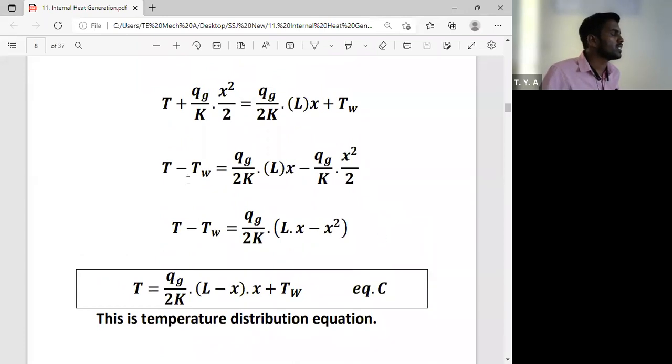Okay, so this is the temperature distribution equation. So by using that we can calculate the temperature at any location. समजतंय बघा, ह्या इक्वेशनचा यूज करून कुठल्याही लोकेशनचं तुम्ही टेम्परेचर फाइंड आउट करू शकताय. म्हणजे x ची व्हॅल्यू किती असू द्या, we have to put the value of x in that equation and find out the temperature at any location. Okay, so this is the temperature distribution equation when there is an internal heat generation. म्हणजे एखादा कंपोनेंट आहे त्याच्यामध्ये जर हीट जनरेट होत असेल प्लेन वॉल मधून, तर त्या केस मध्ये आपल्याला हे इक्वेशन यूज करायला लागेल. By using this equation we can calculate the temperature distribution or temperature at any location.